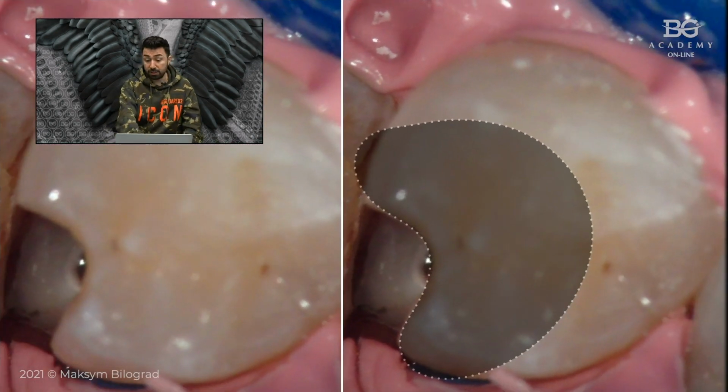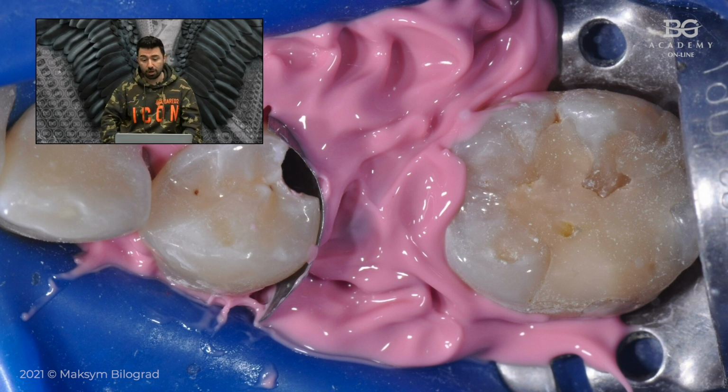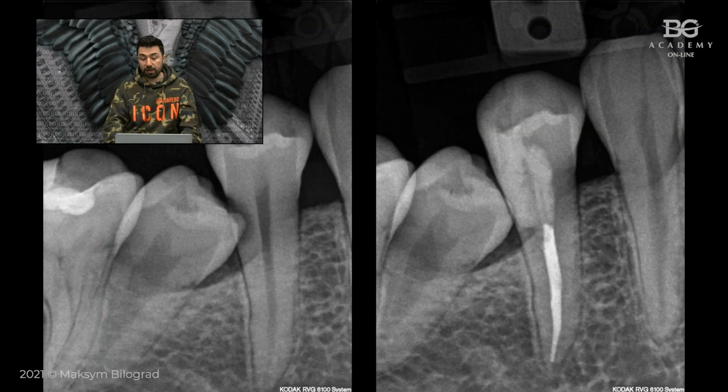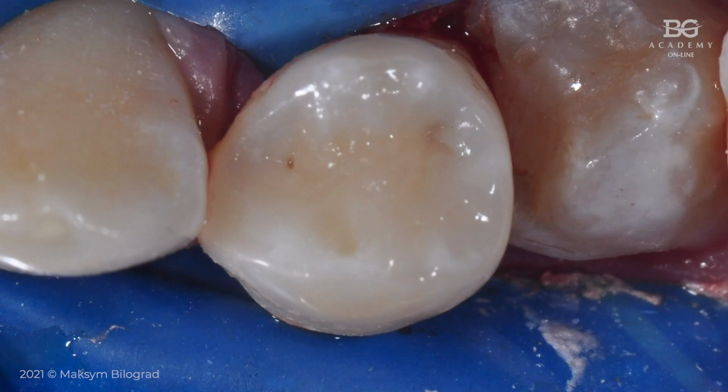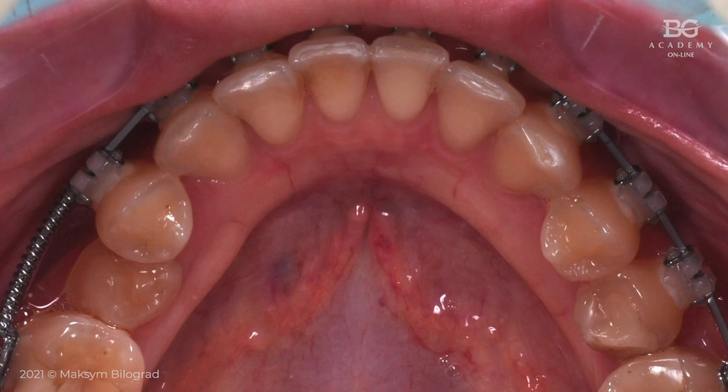Regarding the access, we discussed it actually with you. The isolation you saw: split dam, customized matrix, packed with Teflon, and then we just made this kind of fancy, nice looking isolation to prevent leakage of saliva into our operating field. Here is the before and after endodontic treatment. You can see how we were able to create a proper emergence profile and avoid overhang of composite. The final restoration, and we made